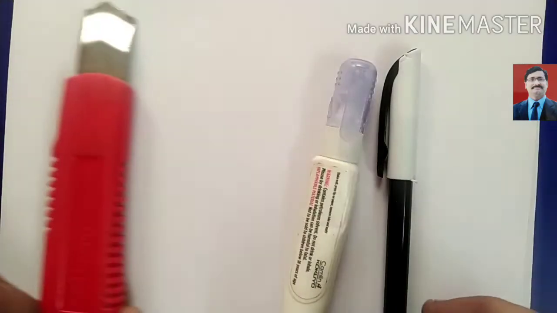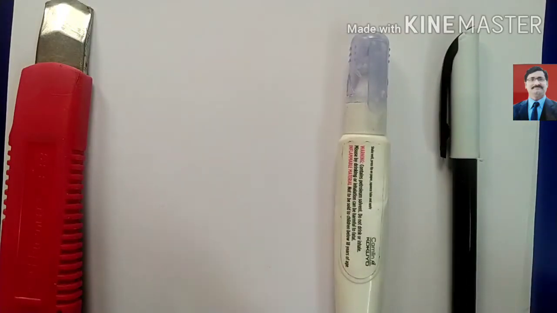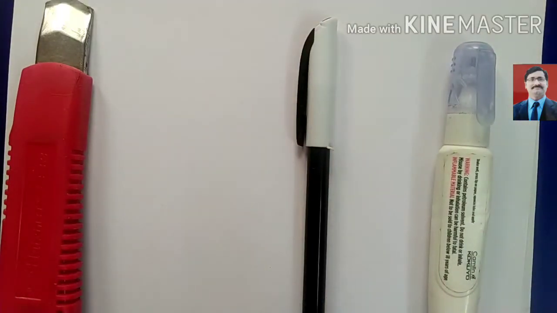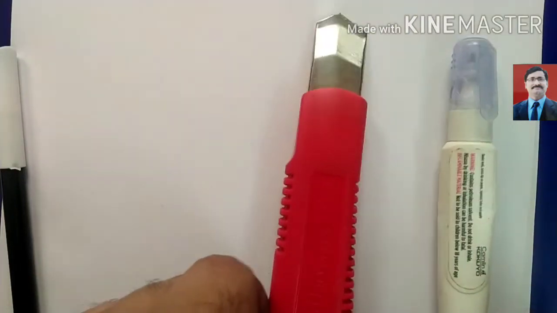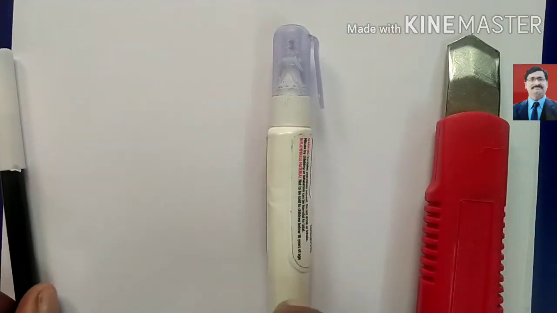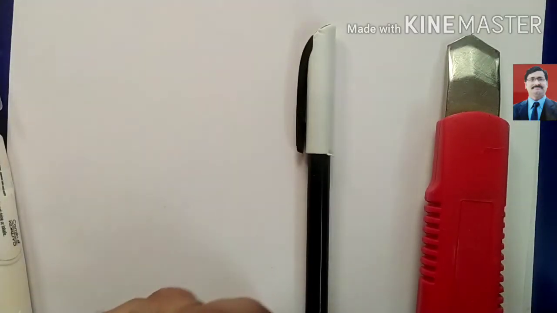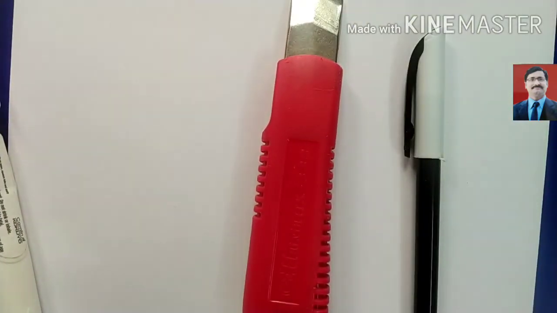Now from these, if we take two objects at a time and make arrangements: look here, this is one arrangement, then the second arrangement is this. Then we take the cutter and the whitener, the first arrangement is this, then the second arrangement is this. Then we remove the whitener and take the pen. The fifth arrangement is this, and then the sixth arrangement is this. So these are the arrangements when we take all the objects or some of the objects, and we can find the arrangements. Now we will do some questions.